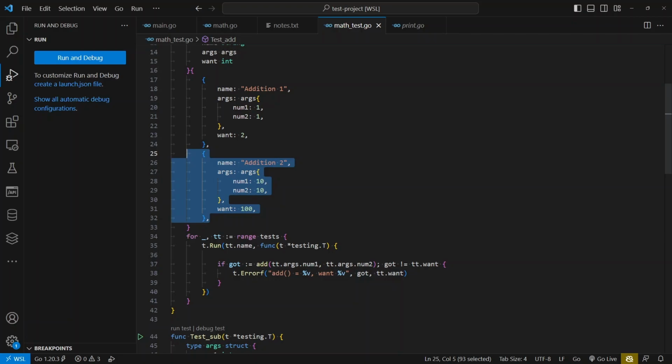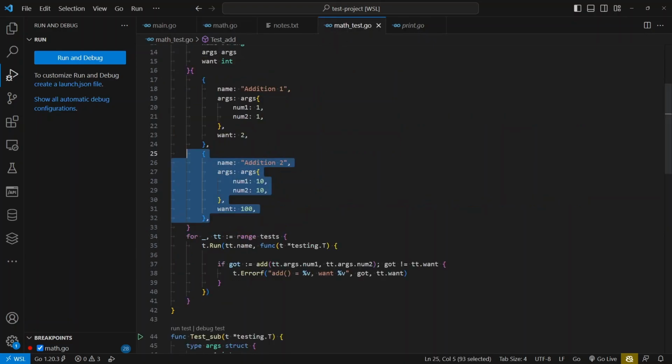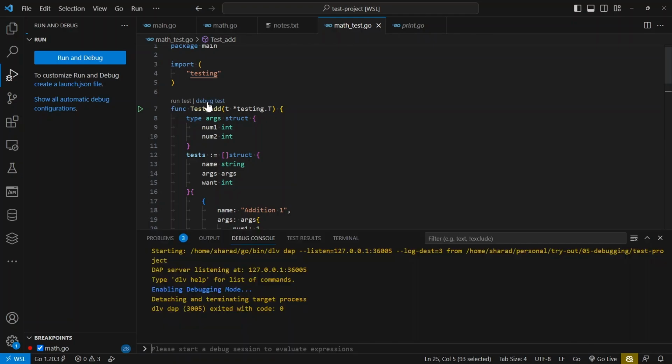So let's start. Here is how you can enable your debugger in your unit test. You just go to the function where you want to enable debugging. Just add a breakpoint over here, or anywhere in your function. Now go to your unit test function, and over here you will see this run test or debug test. So you just click on the debug test button,